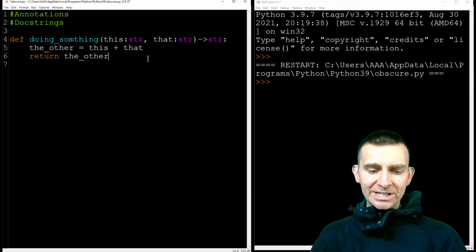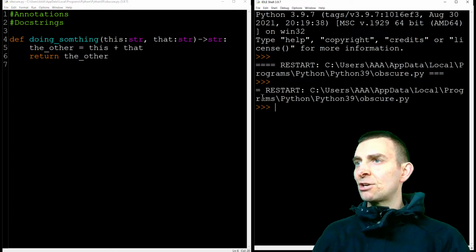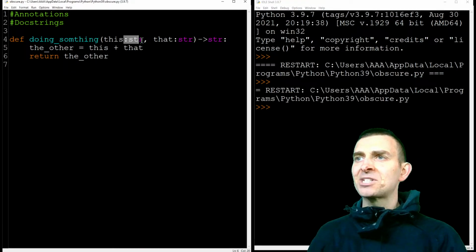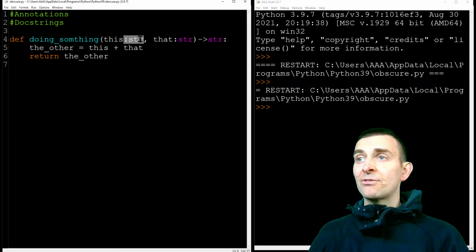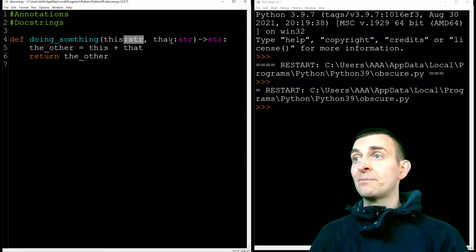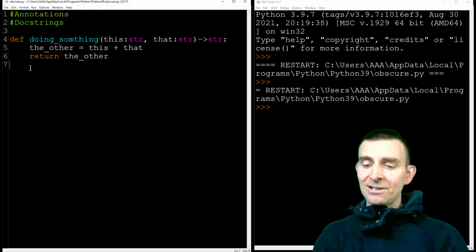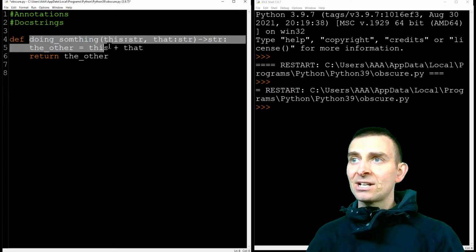Well, first of all, it's valid Python syntax, so nothing breaks. But what this allows me to do is to signpost to anyone who's going to look at this in the future that this has to be a str, that has to be a str, and that this function here also returns a str. So if we run this now, I'm going to take all of this, so doing_something,